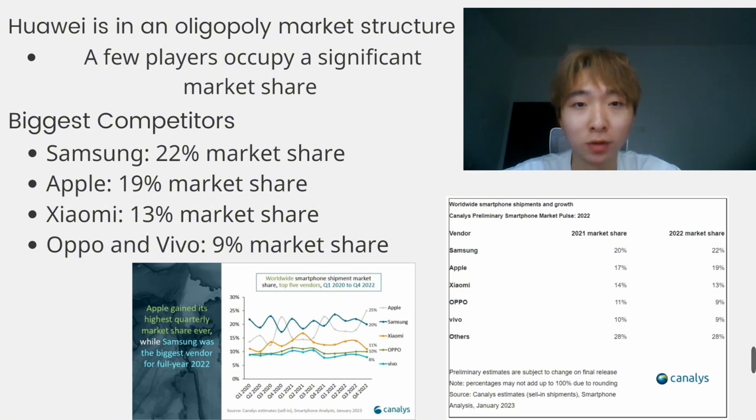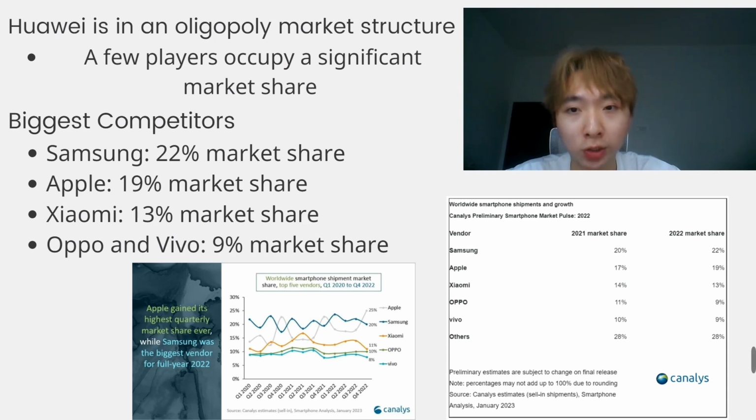As far as the smartphone industry is concerned, the biggest competitors of Huawei mobile phones are Apple, Samsung, Xiaomi, Oppo, and so on. Especially after receiving sanctions from the US government, the market share of Huawei mobile phones has decreased sharply. The following is the market share of the industry.